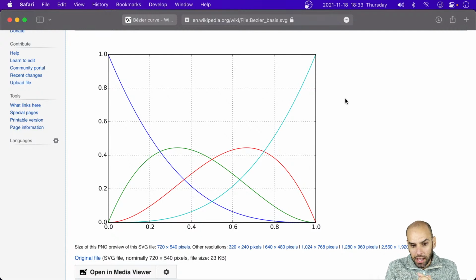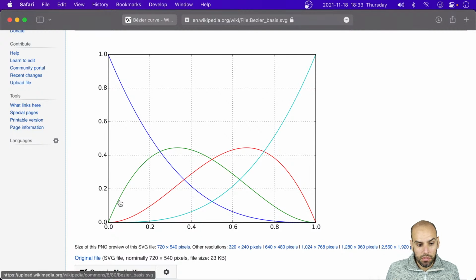And there are other applications for Bezier curves besides the ones I mentioned. There are, for instance, animations. You can think of this as time, and you can think of this as position. So if you want to animate something, and you don't want to necessarily just go from one position to the other linearly, if you want to have some easing so that it starts more slowly and then picks up on